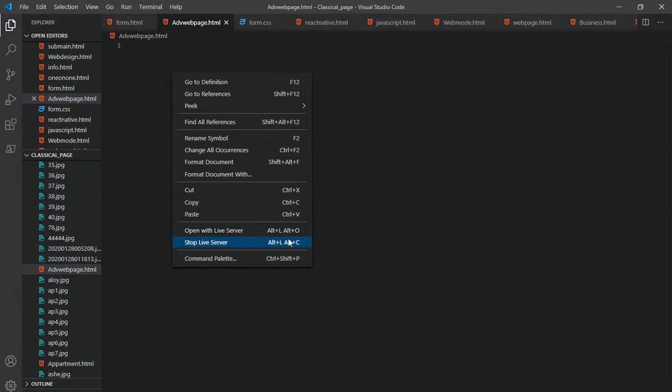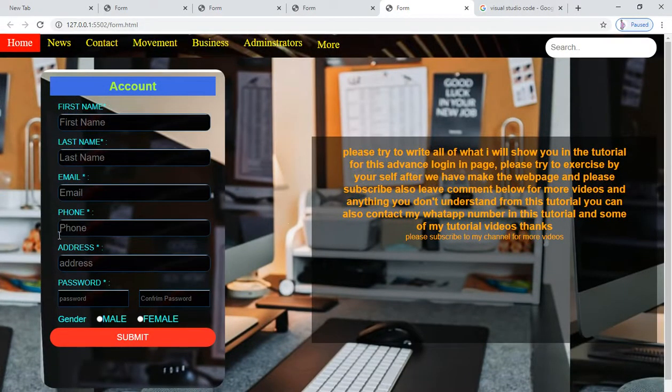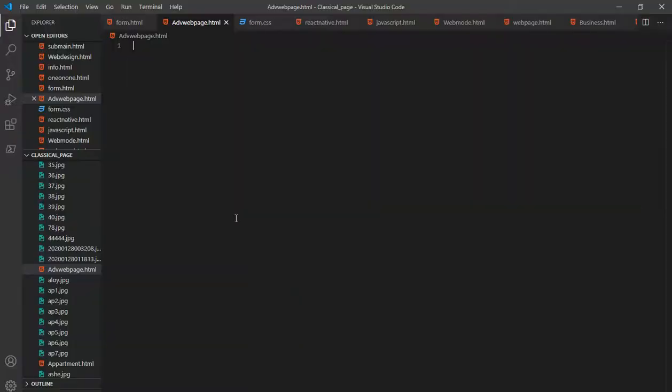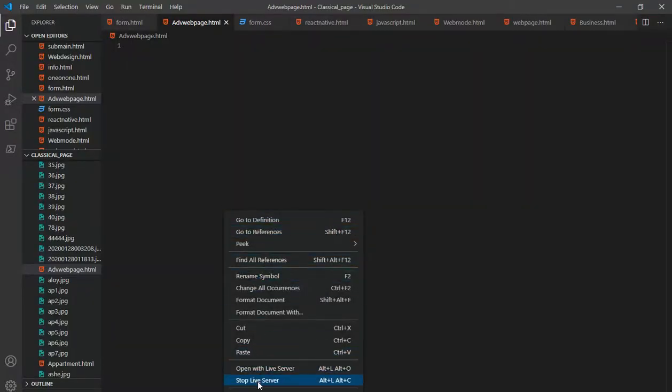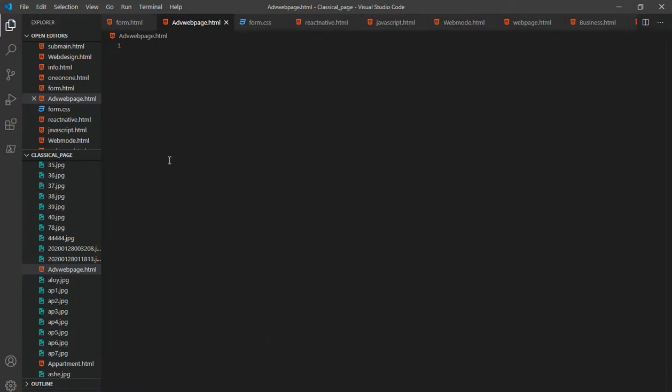Or if you want to stop the server, you don't want it to connect to the web page like this. Now this one is connected to the web page. If you don't want it connected, you also come here and say stop live server. It will automatically stop. Yeah, you hit it and then it will stop. So now let's begin making our